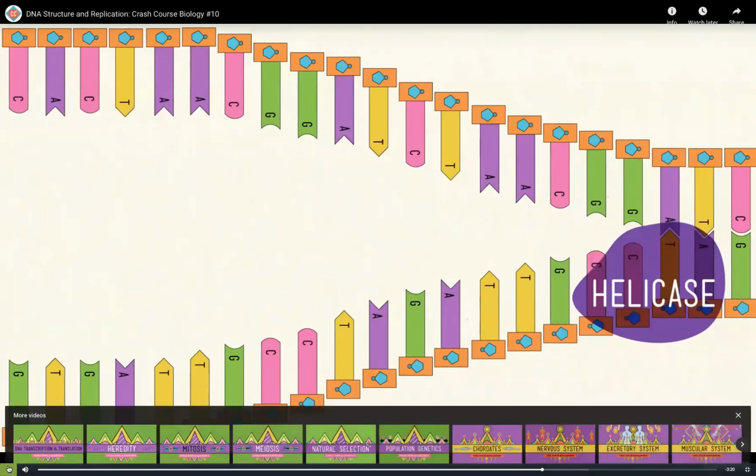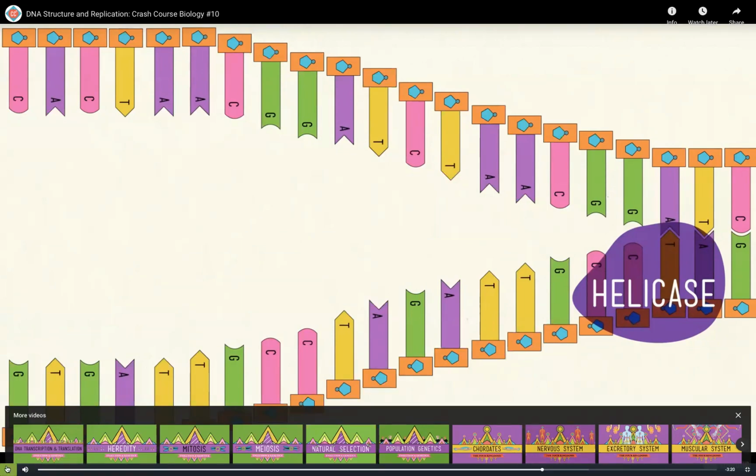Okay. How do I know this is DNA? Two things. One, it's double-sided, right? We see that. And then, do we see any uracil or U? No, I see a bunch of T's. So this enzyme, helicase, and we already know what enzymes do. They break down things, right? How do I know it's an enzyme? ASE, right? So helicase, in order for this to replicate, has to unzip the two sides, and that's step